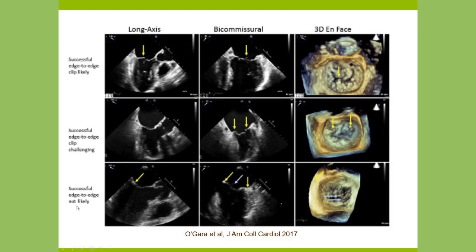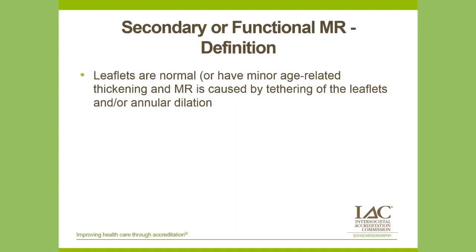This is one that's really hard to do. There's a lot of mitral annular calcium, as you can see here, and you see that here. So there's also a very small opening. So if you put clips in here, you're likely to change this person from mitral regurgitation to mitral stenosis, and they're not going to do well. So again, we have to really look at the mechanism in detail.